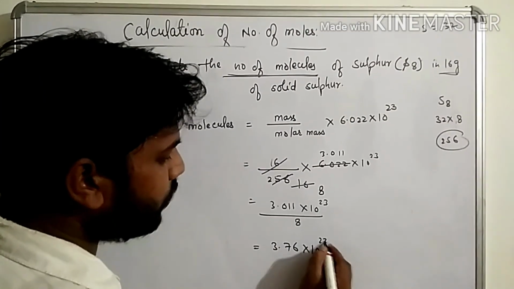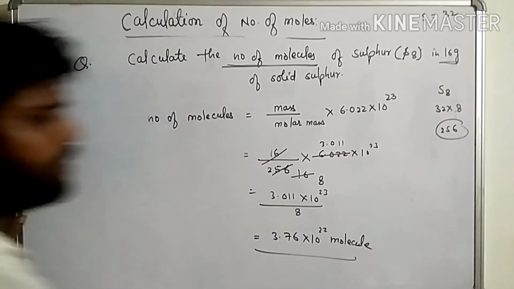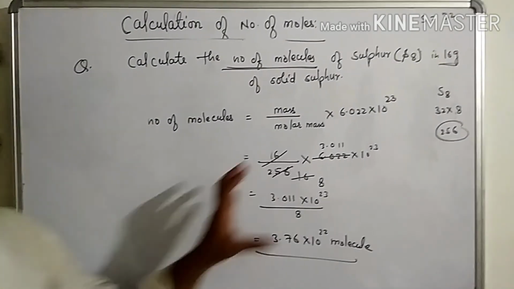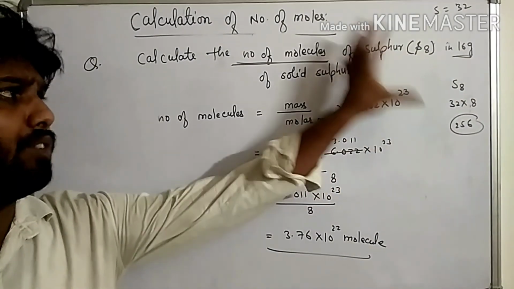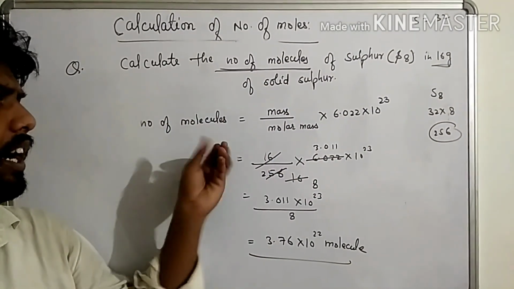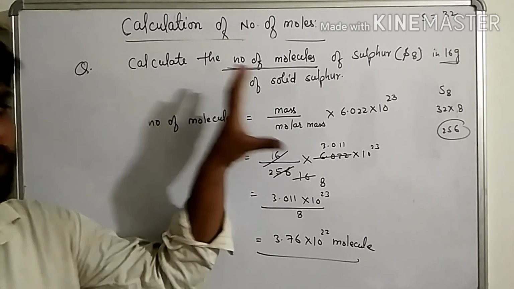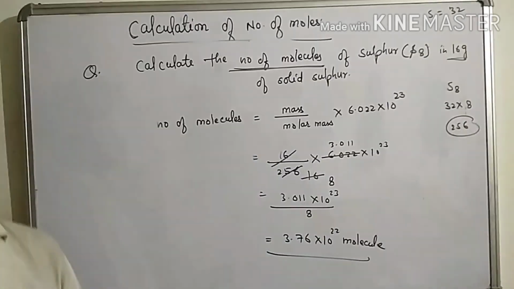3.011 into 10 to the power 22 molecules. Easy, children? Means we have to put only their values in the formula, and after that we can easily calculate either number of molecules, mass or number of moles. So children, go through all the